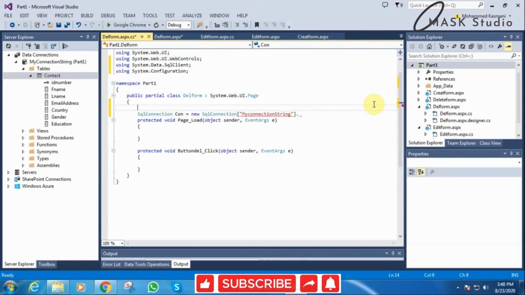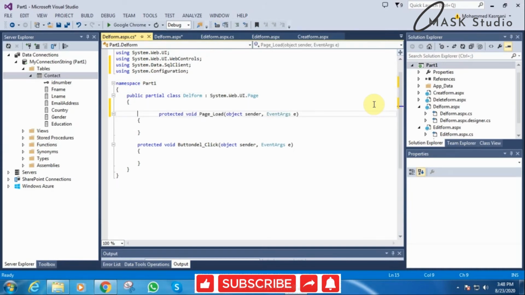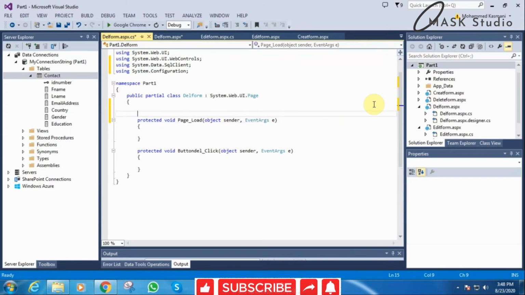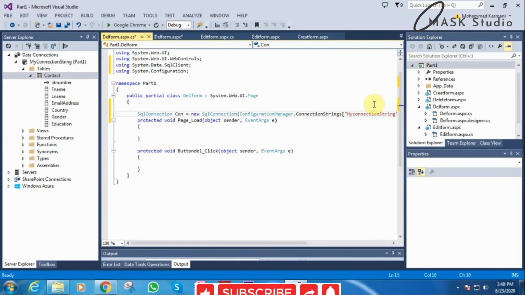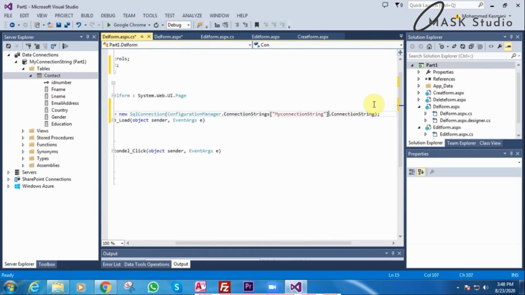So the first thing we have to do is give the connection here. I'll just copy here. SqlConnection con = new SqlConnection(ConfigurationManager.ConnectionStrings, inside the quotes, this is our my connection string. My connection string is our connection string.